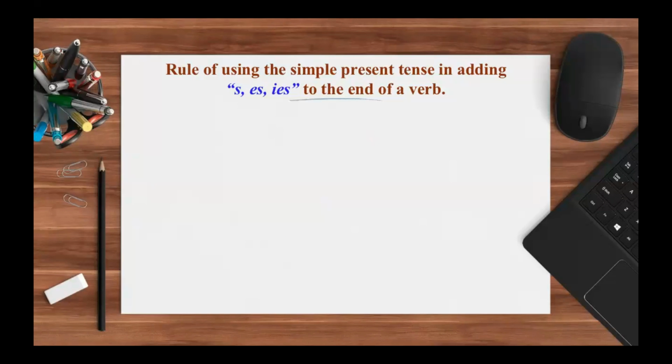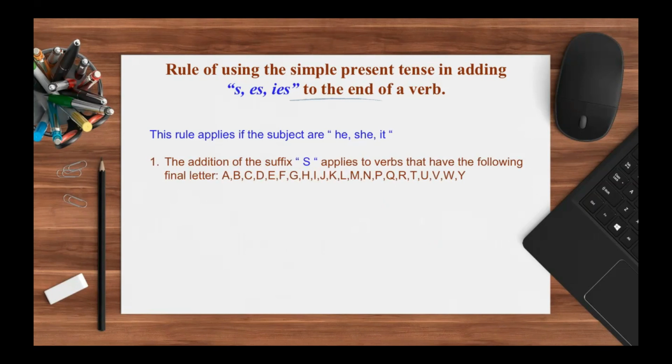Okay, there are rules of using the simple present tense in adding s, es, ies to the end of a verb. What is that? Don't forget, this rule applies if the subject is he, she, it. Okay, number 1. The addition of the suffix s applies to verbs that have the following final letters: